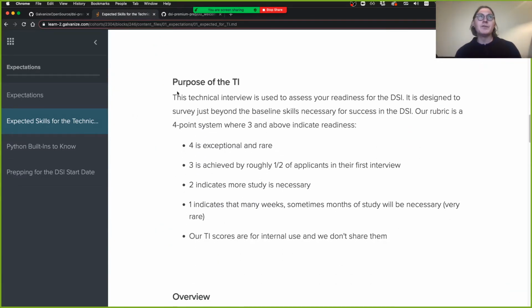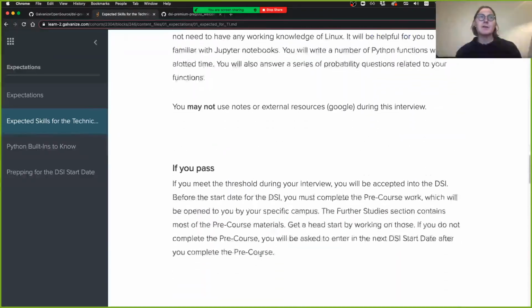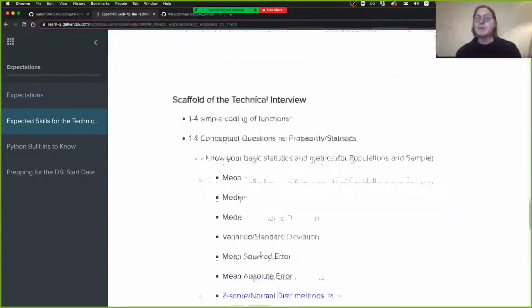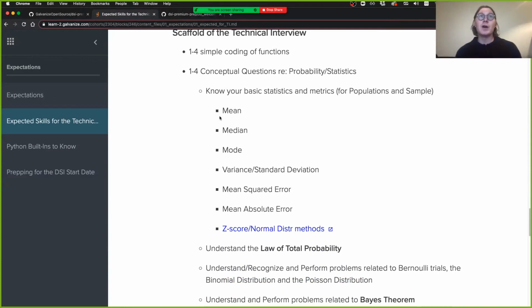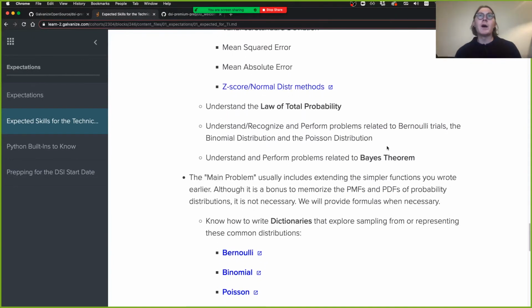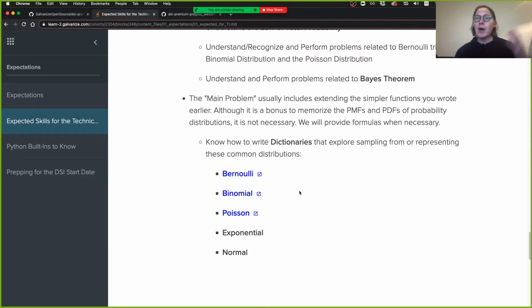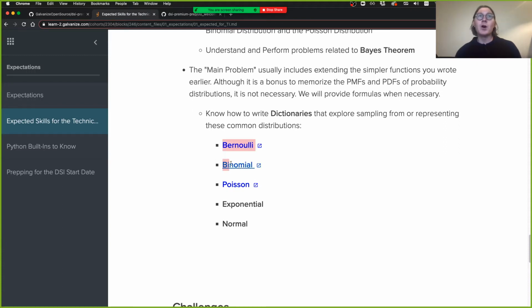There's an extensive list of the kinds of things we might ask you about. What basic statistics concepts do you need to know? What probability concepts do we expect you to know? How we structure this in general, right? There's a first section and a second section to the technical interview. And we want you to know, with some degree of depth,